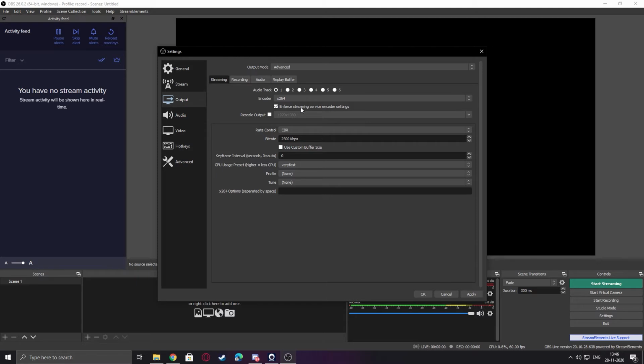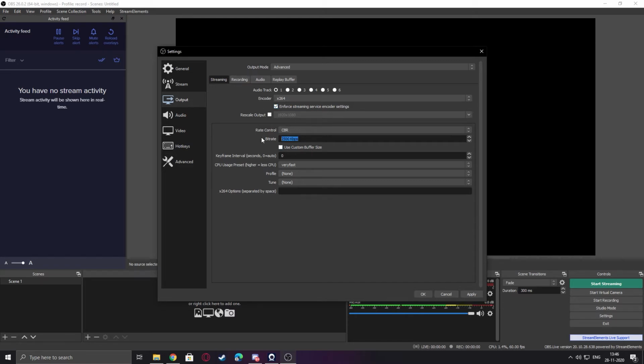If you don't have a so high-end PC, or if you're on a single PC, I don't suggest using X264 because of the performance dips. You can also use it if you have a low-end PC like an i5 3rd generation or something like that, and you don't have a very good graphic card, like you don't have a 1060 or a 1650 Super, you have a lower card like a 1050 or 960. From 1060 and 1650 Super you get the NVENC encoder. You can use this on lower NVIDIA cards also, but the thing is they will just use the graphical CUDA cores for encoding. So first let's go over the X264 settings.